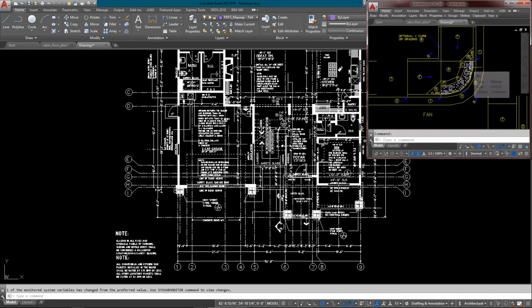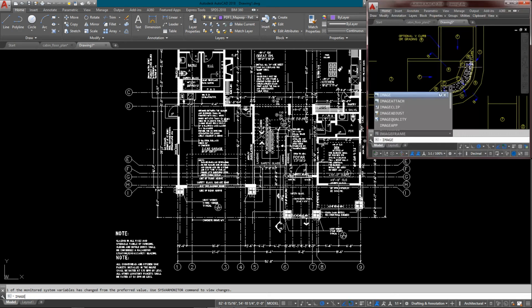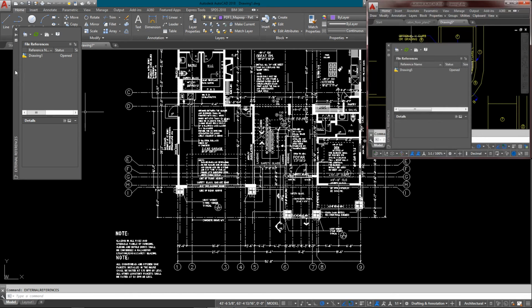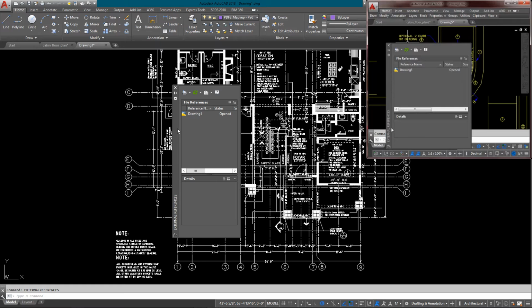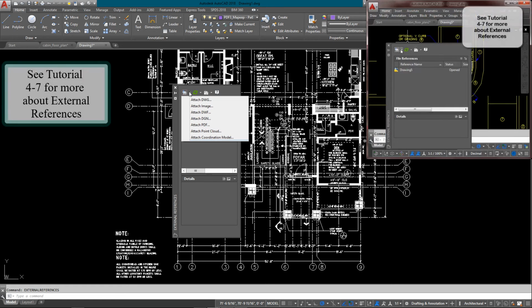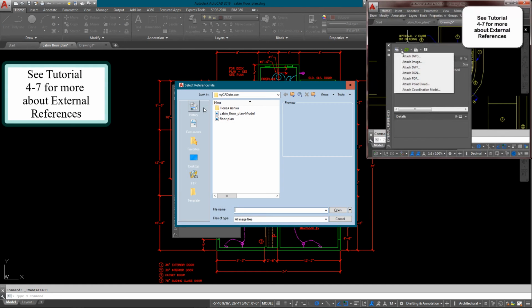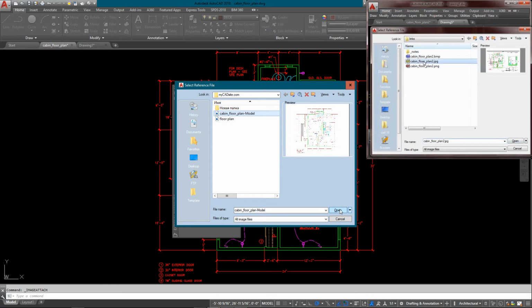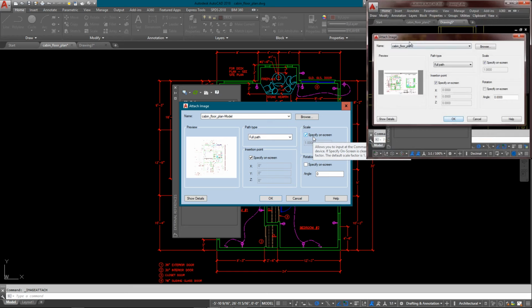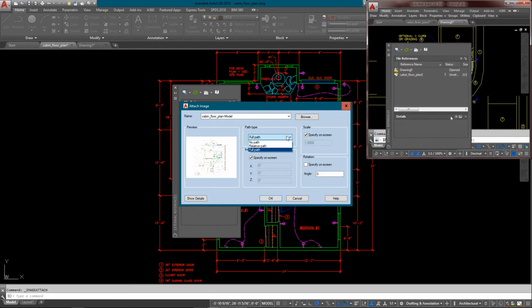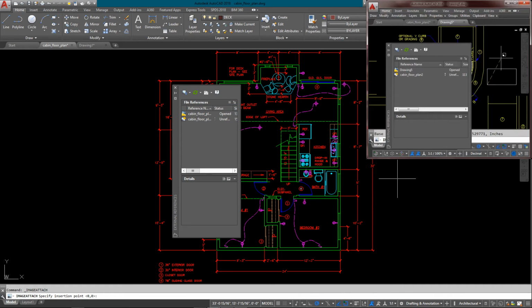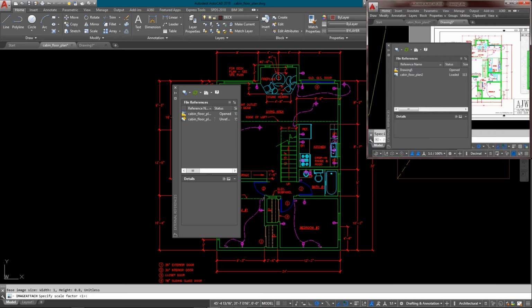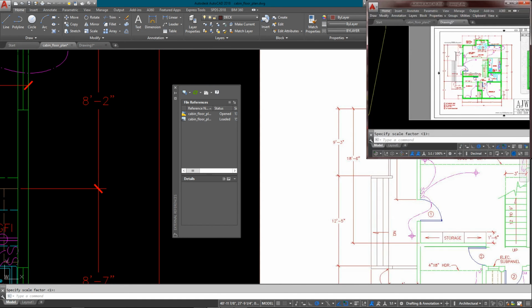And another one to look at is image, and this is if you want to bring an image file in, and this is also your external references. I'll deal with that in a separate video. But if I want to attach an image, I can just bring a floor plan in, and now you'll see attach image. It's pretty much just like bringing in a block, and I just need to place it somewhere, and then I can scale it up. And then there's my image file,